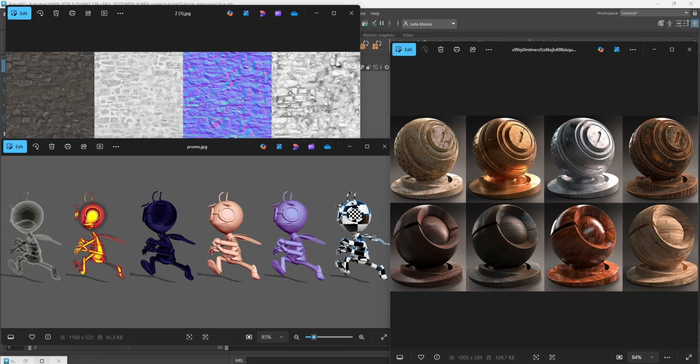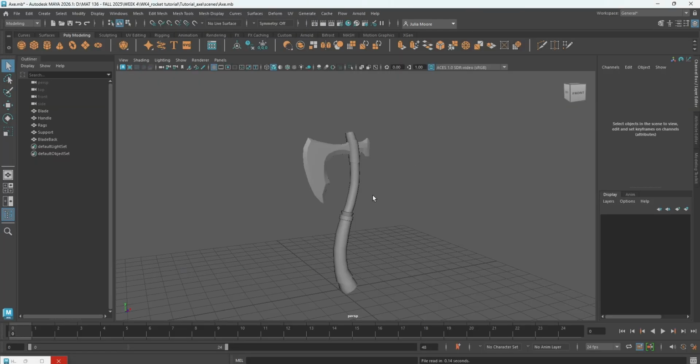The first part, the one you are currently watching, is about how to apply materials, while part two will be on how you can light and render your scene. So let's get started. For part one, we're going to be texturing this model of an axe. We'll be using texture maps that make up the components of a material and using an AI standard surface shader